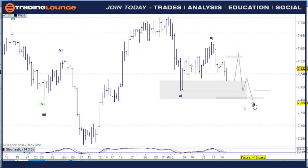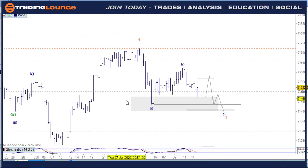So this is what could happen here for this. I just couldn't go long based on this move here. It's also possible to count it down so that it comes down here a bit further in this case. But I won't go into that particular count because I can see that the S&P and all that needs to push up. So this is likely to push up here as well. So we'll just see tomorrow what it